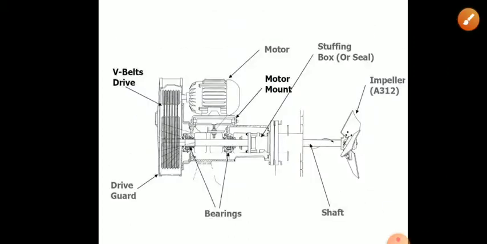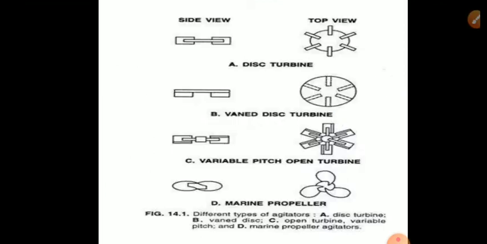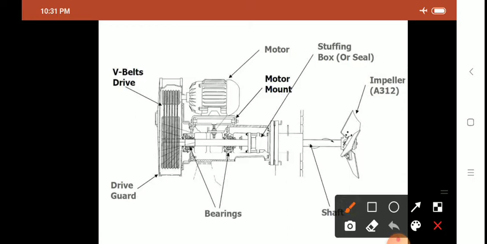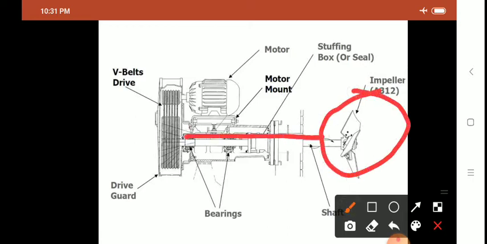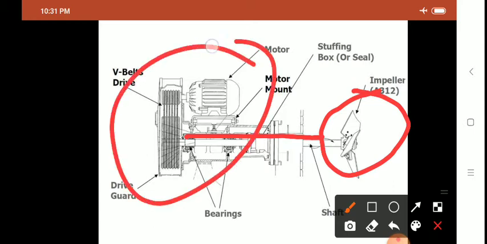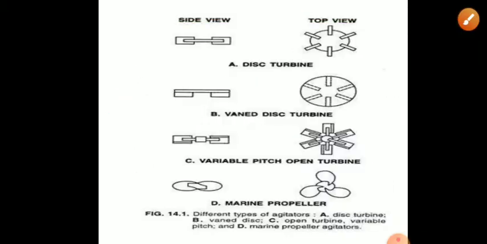So this is about the agitator. You can see here an agitator. This is an impeller blade. This is a shaft or a rod that passes through the lid of the fermenter. There is a hole in the lid of the fermenter, and on the top of the fermenter there is a motor which rotates it because of electric current.